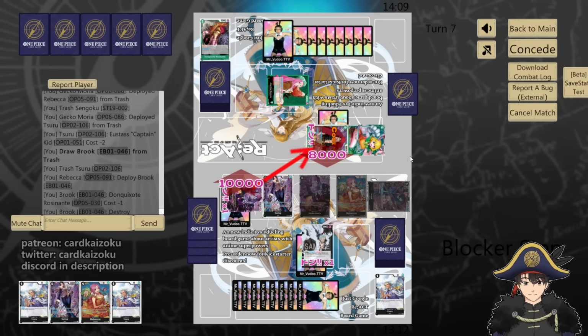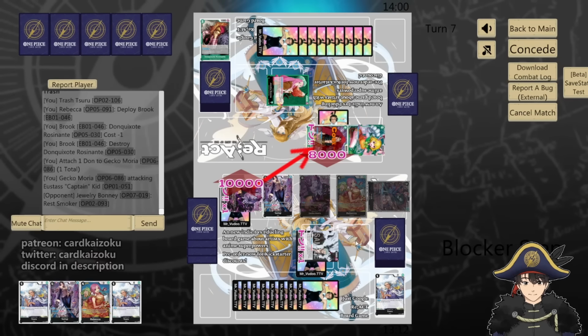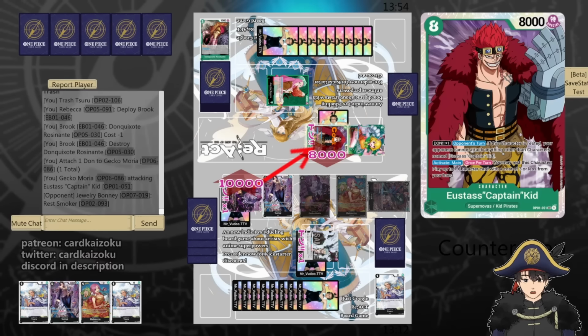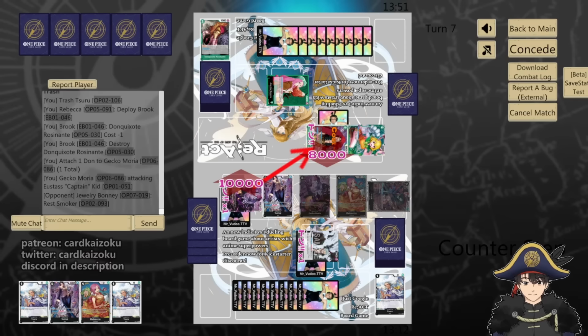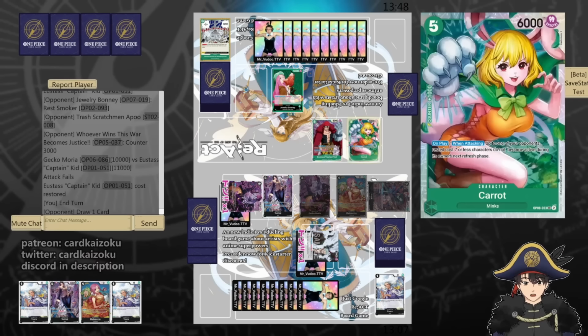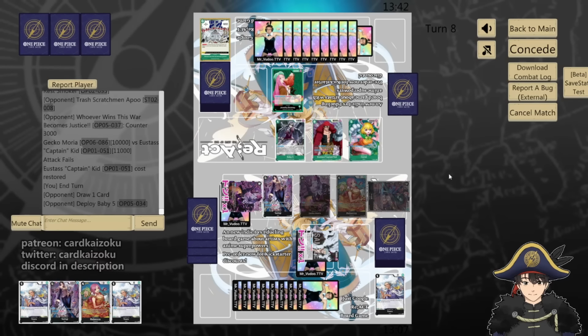Burn some counter. They can tap my Rebecca here, or tap my leader. I wasn't going to attack with them anyway. I can't attack with them anyway, if this Kid lives, that is. Counters 3, we'll pass. Okay, so Carrot only locks down a 7 cost or less, which is only this Brook. I still think we're in good